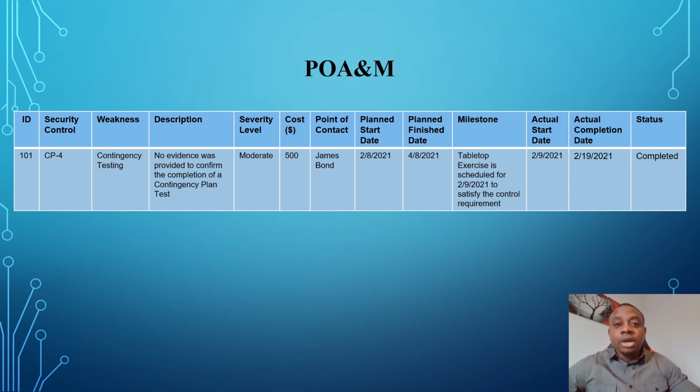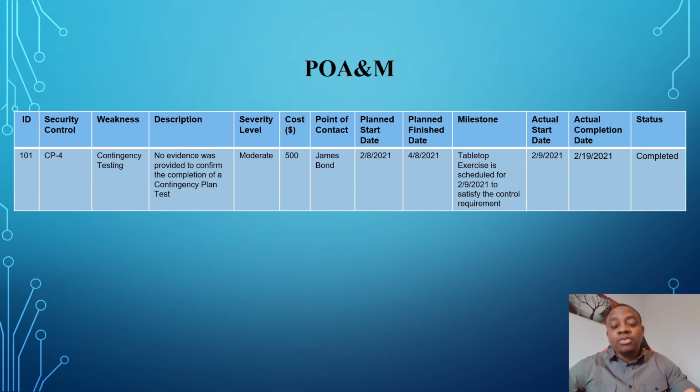Now, on some POA&M templates, you will see the justification beside the cost. The justification tells you how they arrived at the $500. Some could say that it's going to cost us 10 hours, multiplied by $50 an hour. So that could be their own justification. It's going to cost us 10 hours to remediate this vulnerability, and that 10 hours could be spread over the period of maybe 3, 4, 5 days, because the